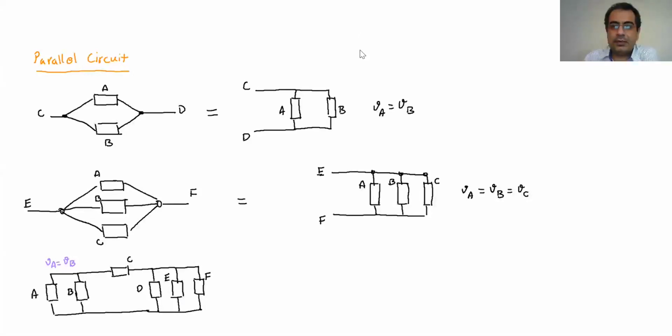So these three also, D, E, and F, are in parallel. So V for D is equal to the V for E, which is equal to the V for F. C, if you look at it, is not in series or parallel with any single one of the